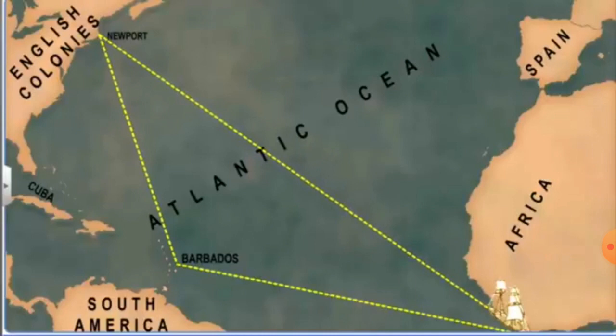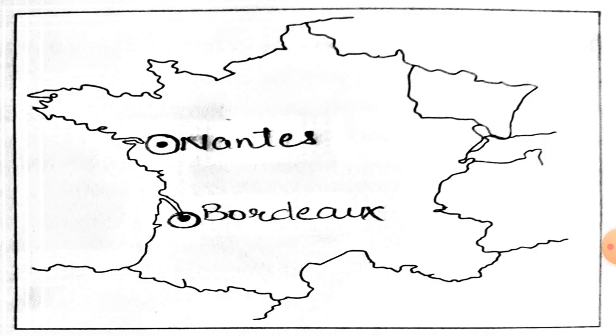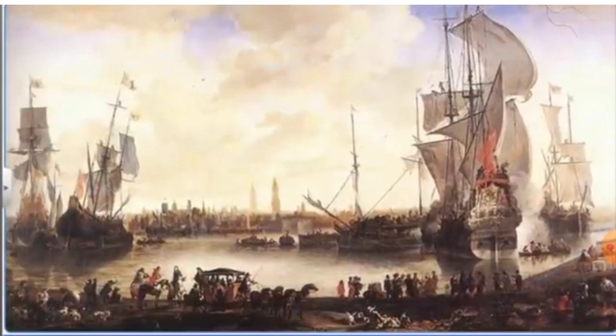And then these people were sold to plantation owners, and the exploitation of slave labor made it possible to meet the growing demand of the European market for sugar, coffee and indigo. These are the two important port cities of France, Nantes and Bordeaux. The businessmen of these cities flourished due to the slave trade. This is the picture of the city Bordeaux.